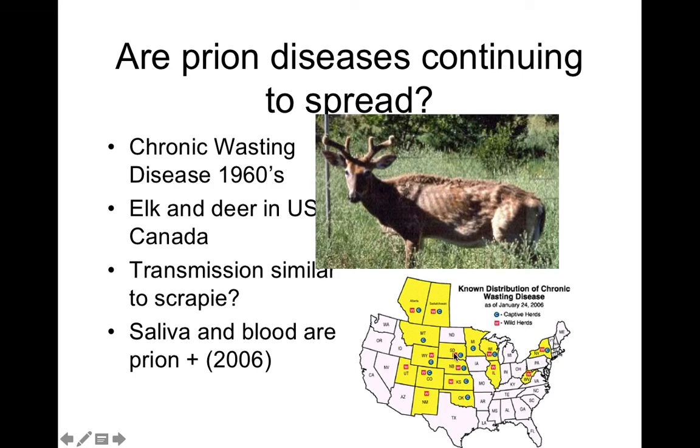How did it jump states like this? And again, this is where us humans come in, because there are game ranches where so-called wild animals like elk and deer and moose would be raised on these game farms, and fed feeds containing protein supplements, right, from maybe prion-infected animals, and then people come in and quote unquote hunt